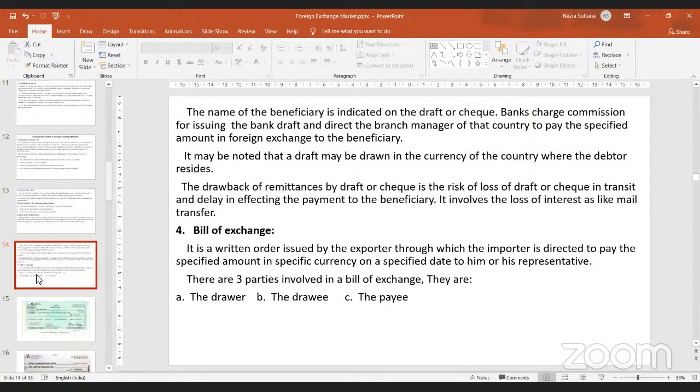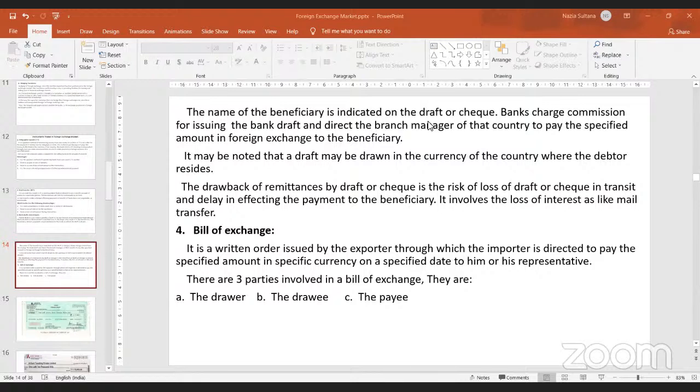And then more importantly, in your foreign trade, because you're talking about giving credit facility to the importer and exporter, bills of exchange are prominently used in the foreign exchange market, where you are allowing bills of exchange to be used by the importer and the exporter. And these bills of exchange are nothing but negotiable instruments, where you are promising to pay a specified amount of money at a specified date in future to a specific person or a representative of that person.